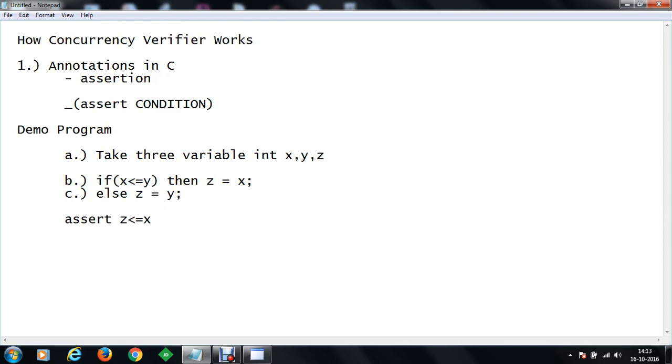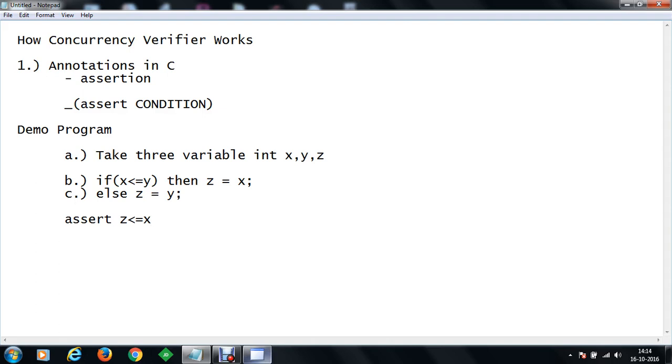Now we are going to write the program, and using our concurrency verifier, we are going to test whether the assertion will hold or not. If our concurrency verifier specifies that the result has succeeded, then it guarantees that the assertion or the annotation will definitely hold for whatever values are provided or for whatever concurrency threads execute.